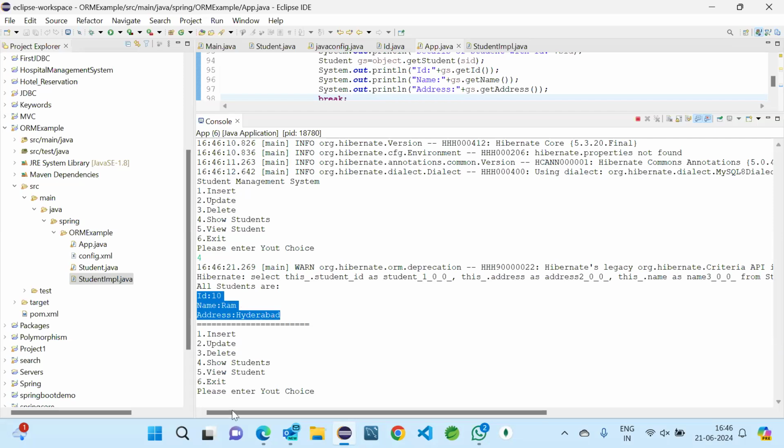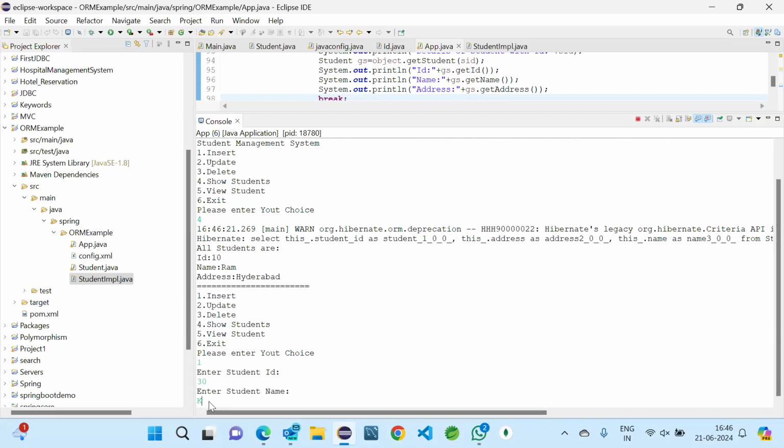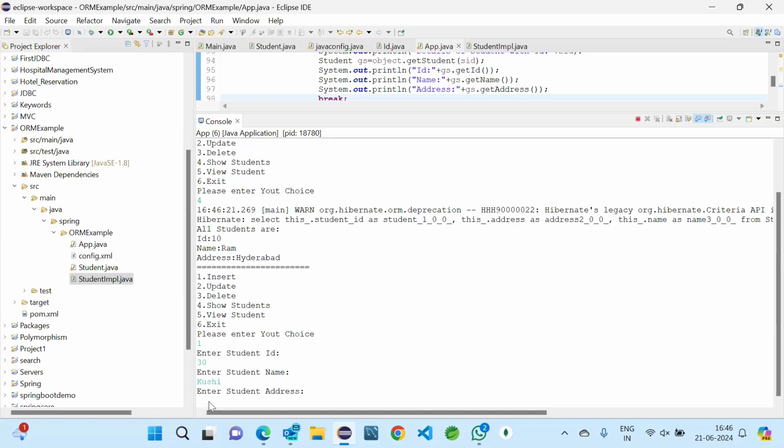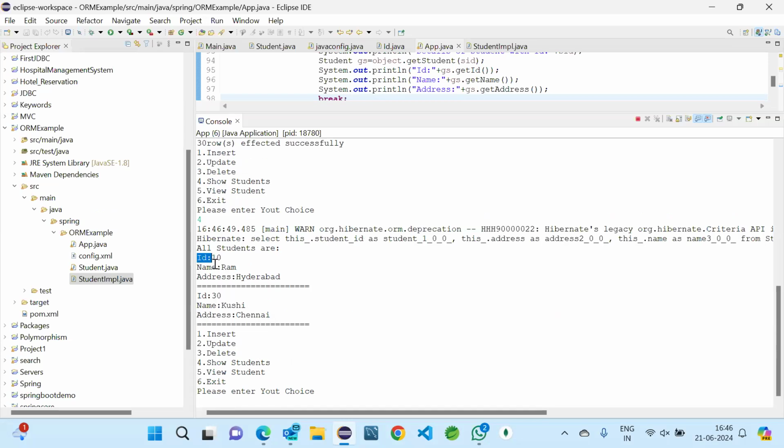This one we have for now. And now we'll insert one more student, so I'm taking option 1, and I will enter ID 30, name Kushi, and address Chennai. So now we have inserted one more student. And if I go to check all the students, enter 4, now we can see 2 students, Raman here and Kushi here. This is how we can see the insertion is successful and getting all the students is also